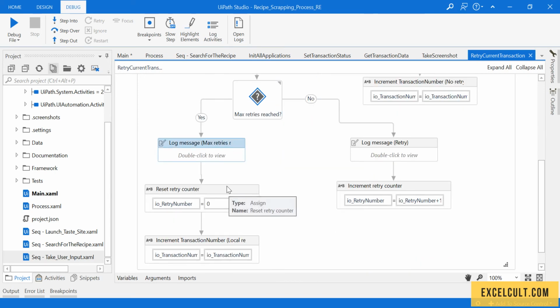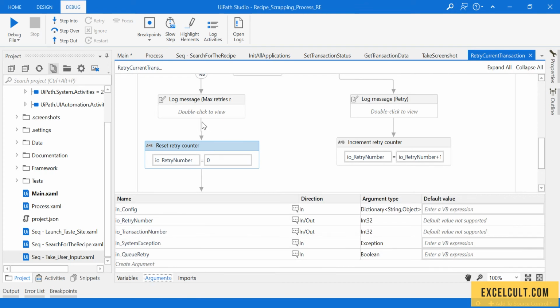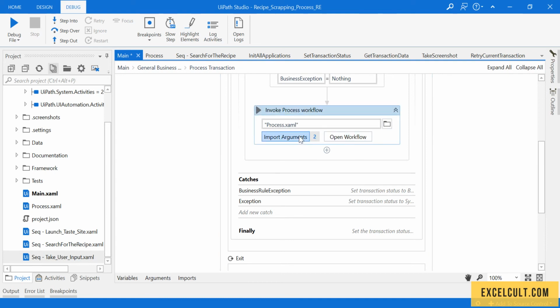It will come to this, it will just reset the retry number to 0, because it's an in and out argument. Okay, though the number that came here is 1, the moment it is set to 0, it will be reassigned. As you can see here,